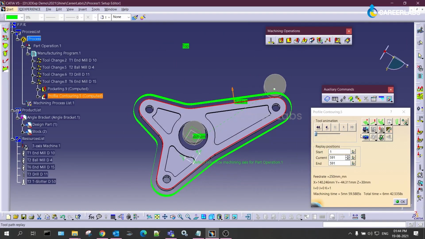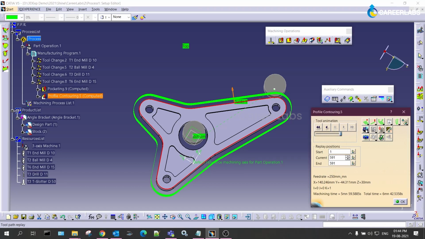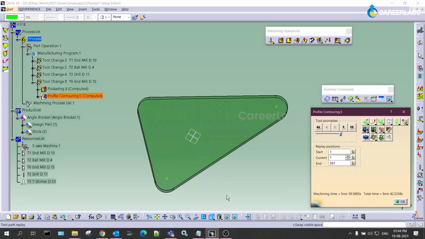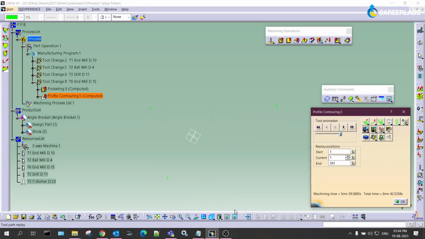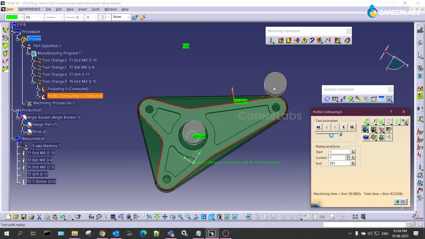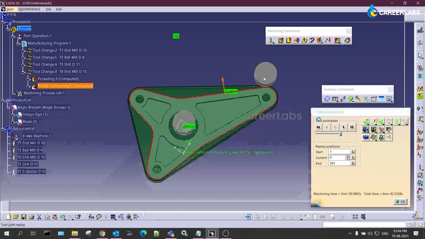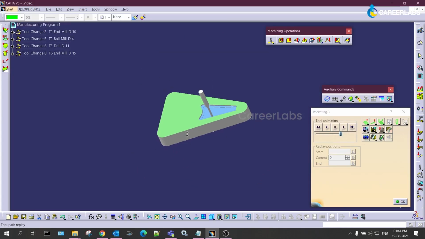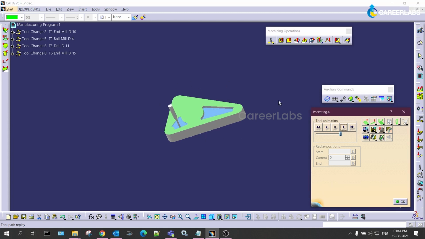So once I try to simulate with the rough stock, let me unhide this. You will see the observation of the entire model of the workpiece, how it looks like.